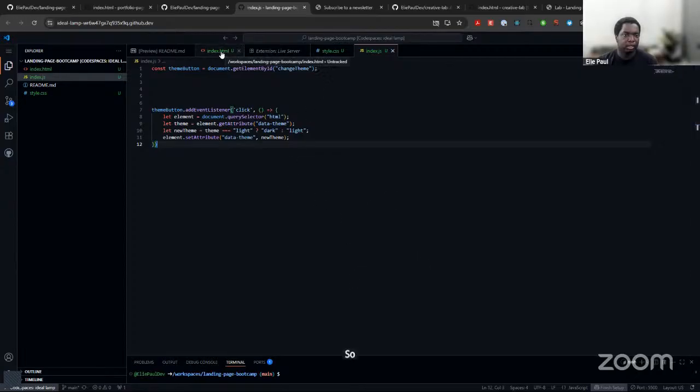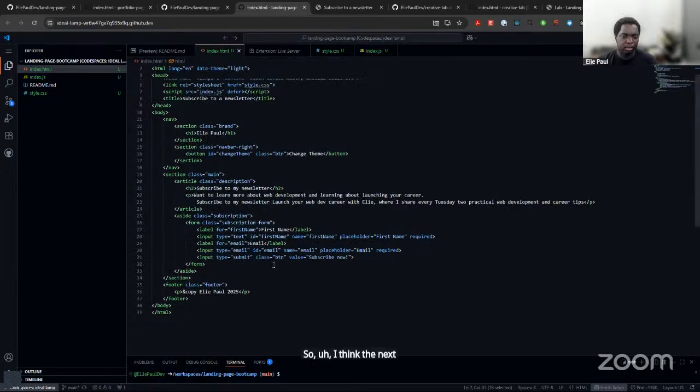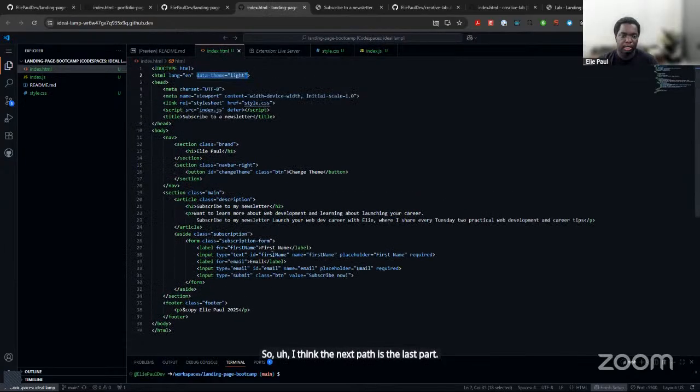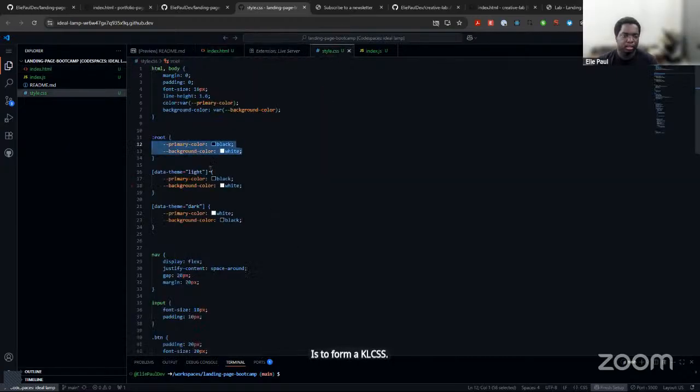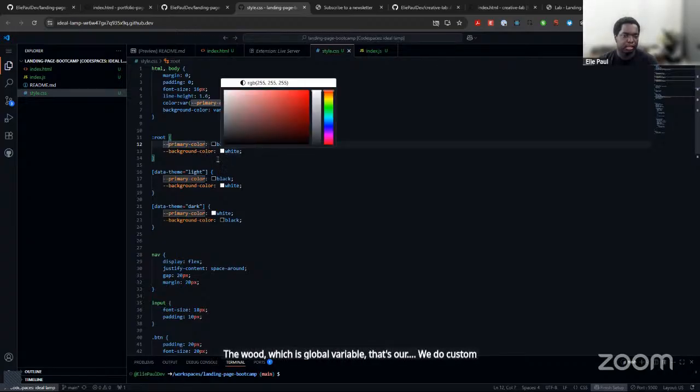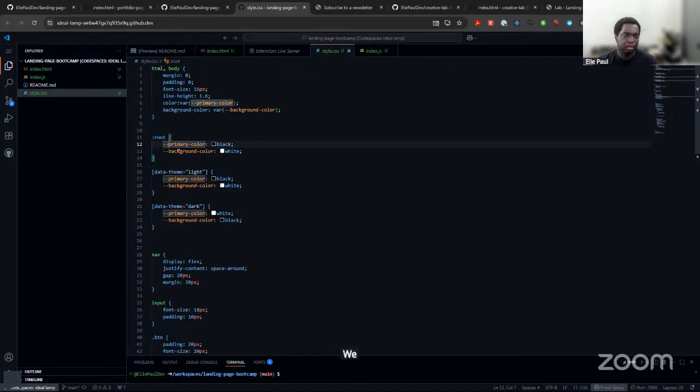So, I think the last part is the CSS. What we did in the CSS, we define the root, which is the global variable. That's how we do custom variables in CSS. We define the root, have a primary color black and background color white. And we select